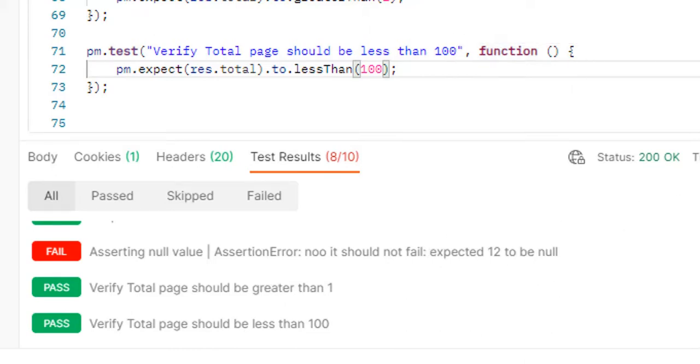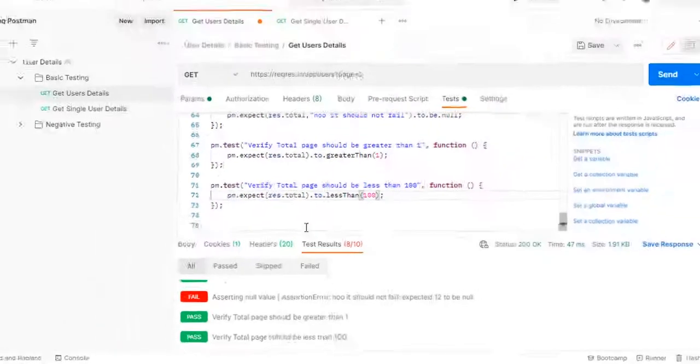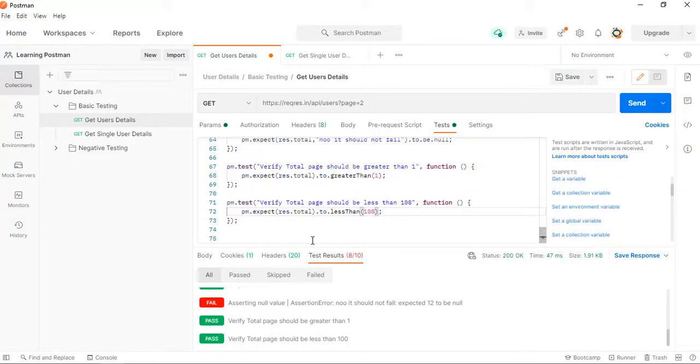All right, there are a couple more, right? If you want to use them, just go through them all one by one. You will get much more idea. So this is what I wanted to cover in this session, and if I miss any assertion which we can use in our project, I will definitely cover it in my